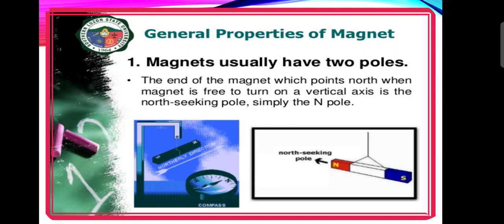Using this, you can see the end of the magnet that points towards north is called the north-seeking pole or simply north pole, and the other end that points towards the south is called the south-seeking pole or south pole. So we can learn about the magnet: all magnets have two poles, whatever their shape, a north pole and a south pole. And this property is very useful, children.